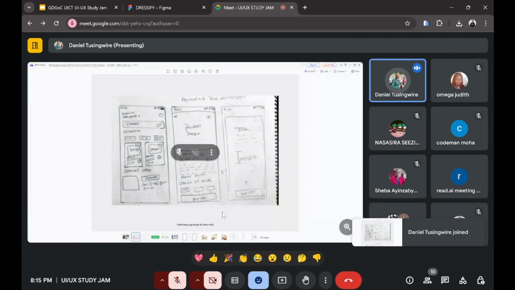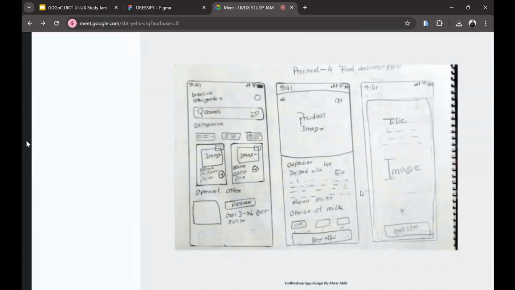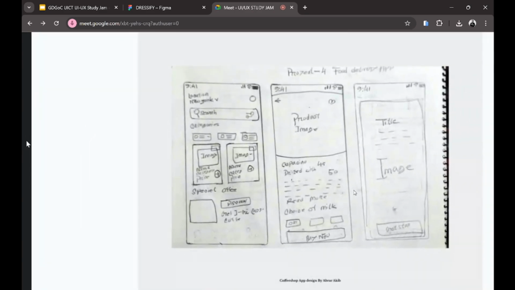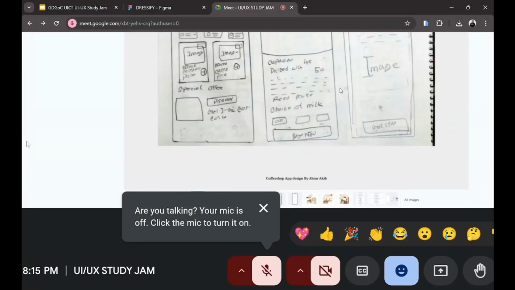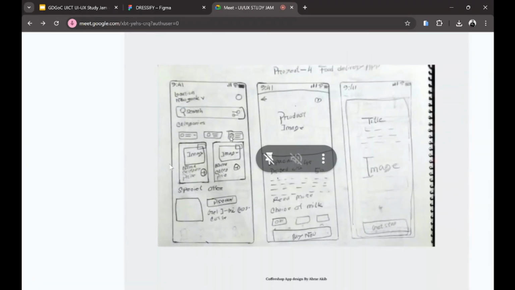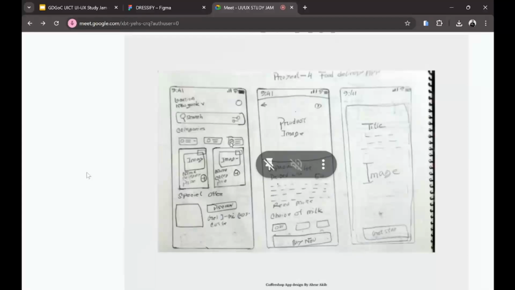Yeah, so what you are seeing there is my low fidelity, or what I call a sketch wireframe, which I came up with. As you can see, I just did a little sketch of the idea. I just placed some ideas of how I want this application to look. So what you are seeing here, the first one here